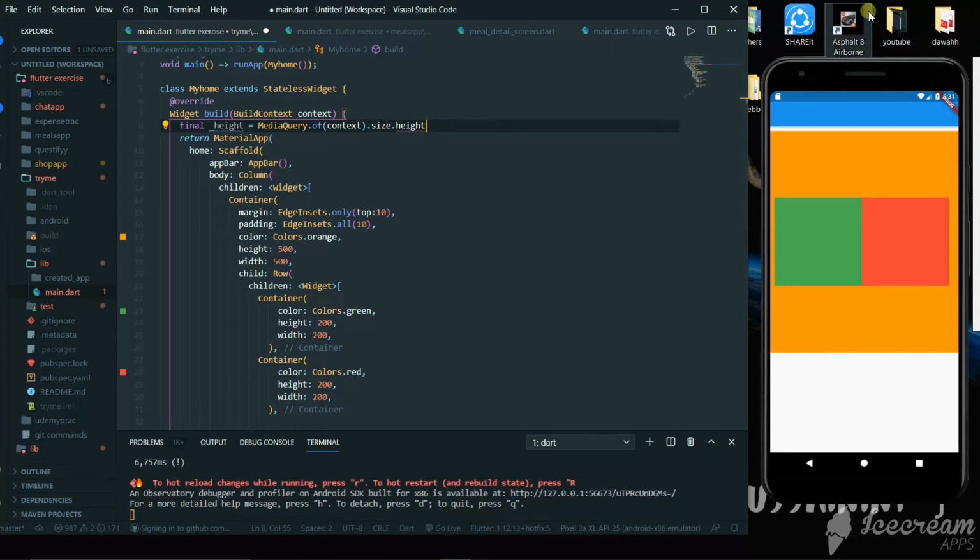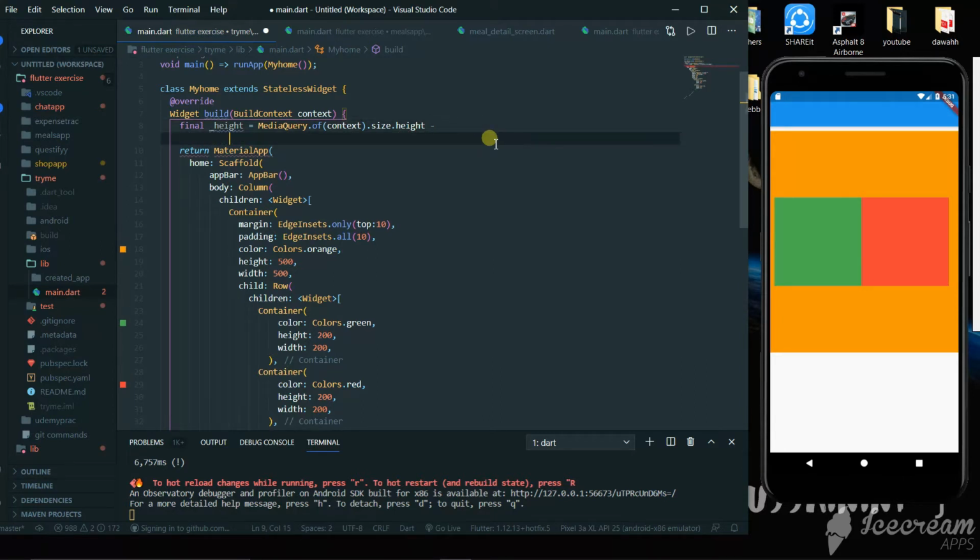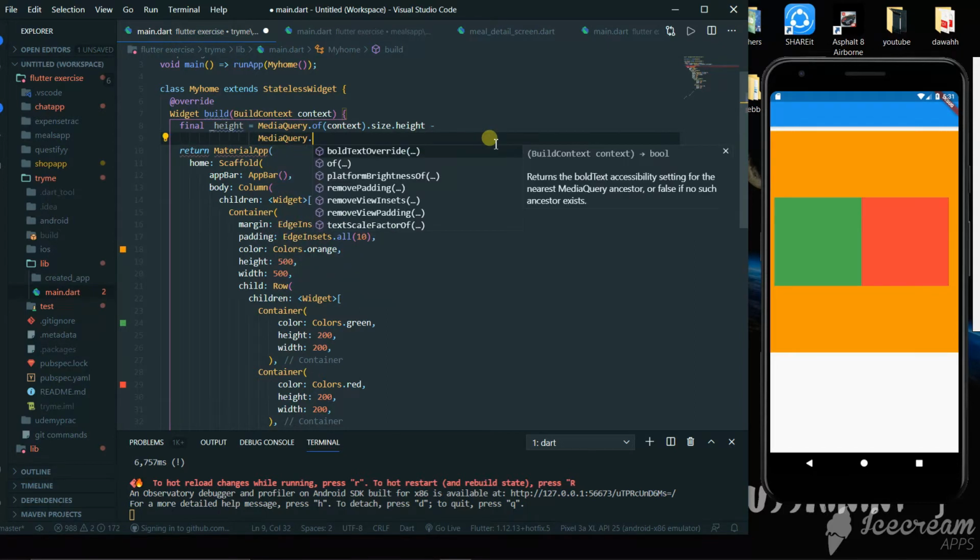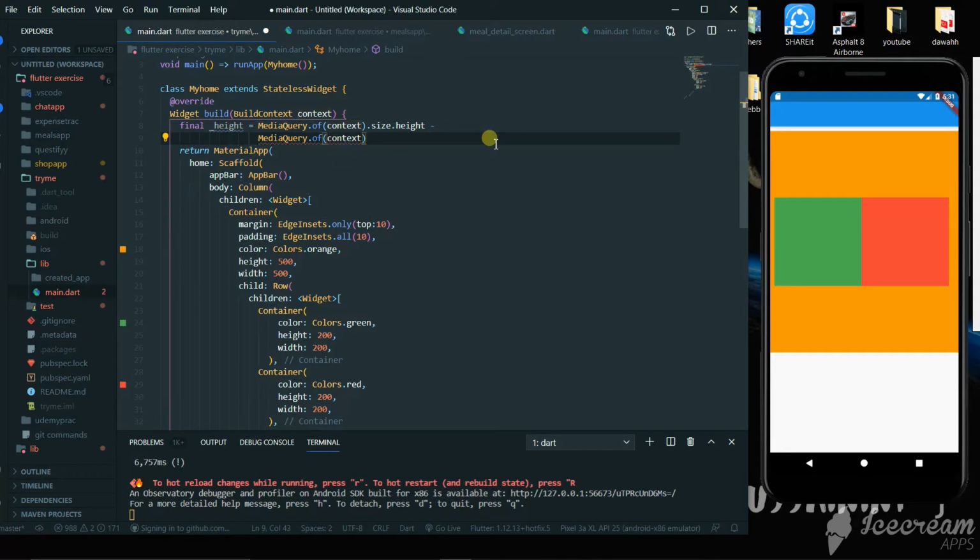So this will give us the entire height of the app, and we'll have to subtract this with MediaQuery.of(context).padding.top.